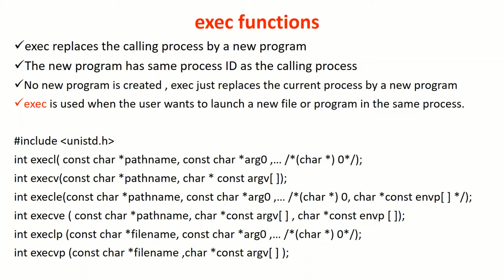An exec function replaces the current running process with a new process. It can be used to run a C program by using another C program. It comes under the header file unistd.h. There are many members in the exec family, which are shown in the prototypes in the slide. The one we are discussing here is execvp.